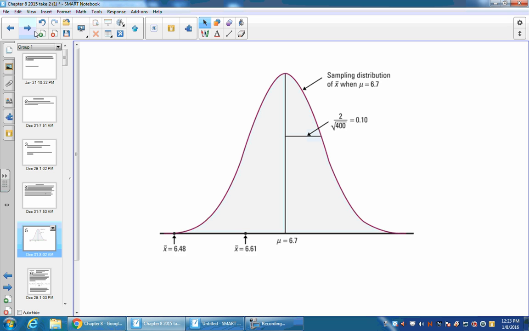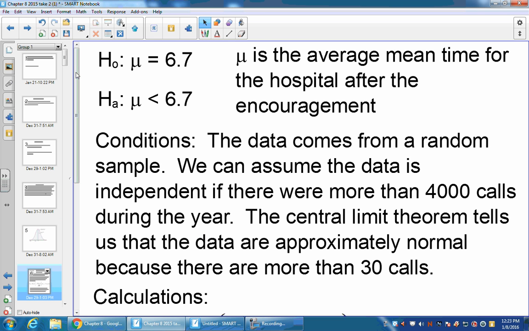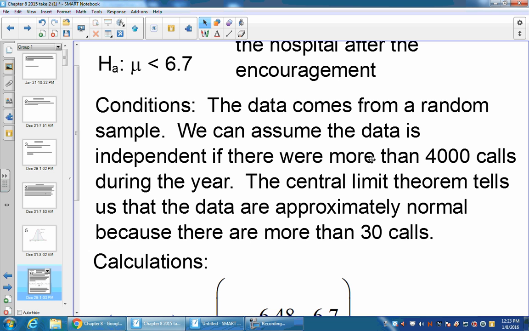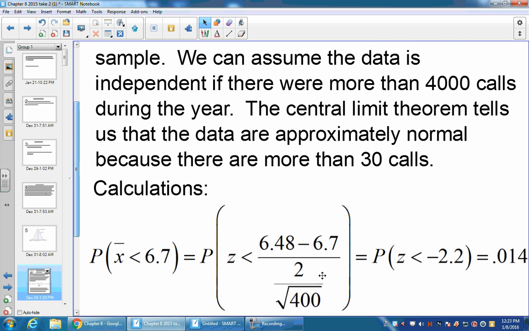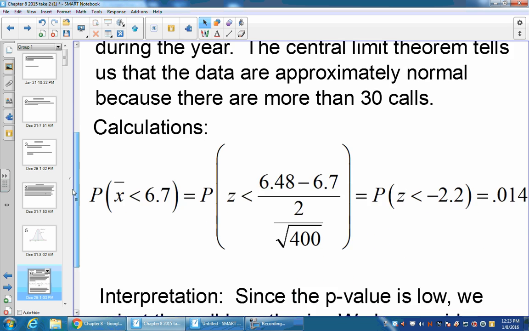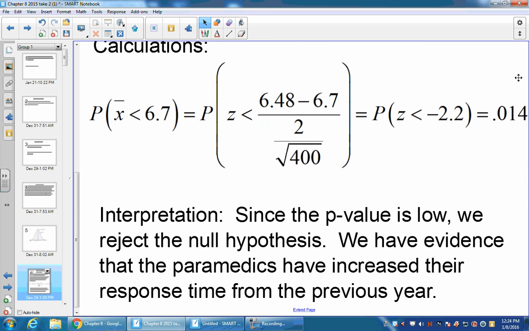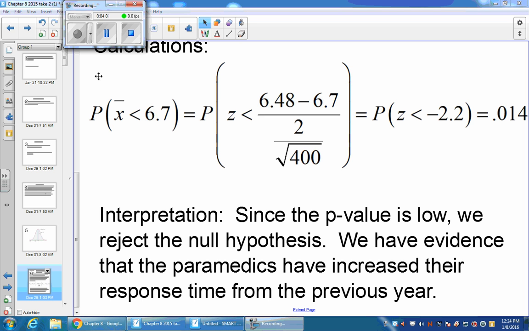Now, to write up a formal significance test, we do something like this. First, we start with our hypotheses, which we'll explain in another video: a null hypothesis and an alternative hypothesis. And then we set up the conditions that we use to make our probability, and we need to check to make sure all those conditions are true. And then we go through and we find a probability, much like what we did last chapter. And then when we're done, we interpret the value that we got within the context of the problem. All right, well, hopefully we can move on to actually doing